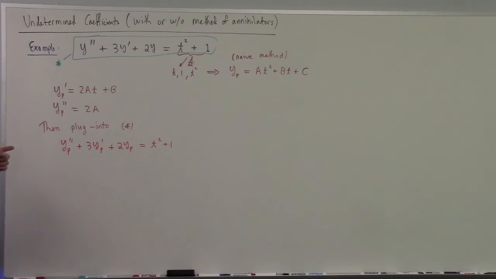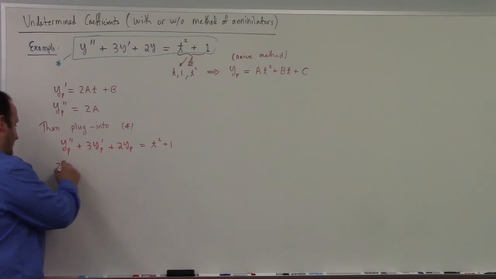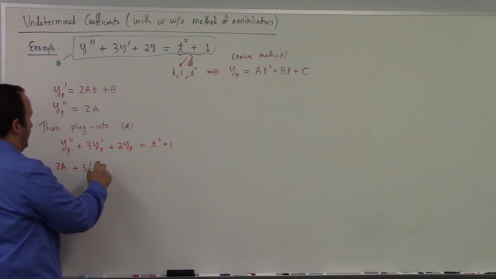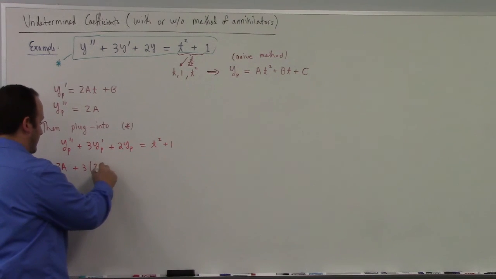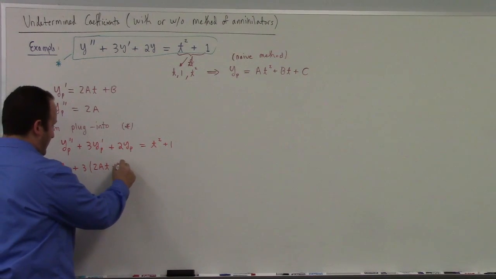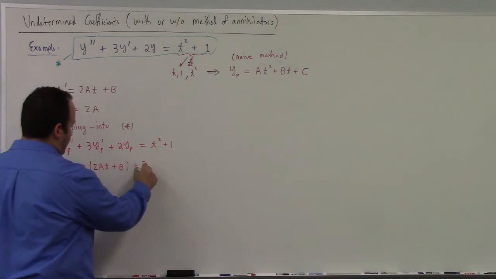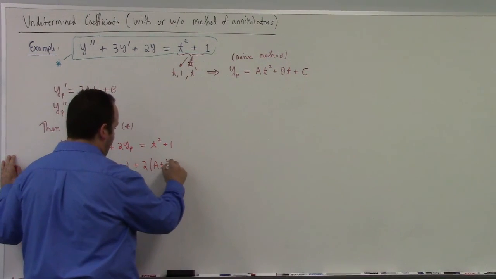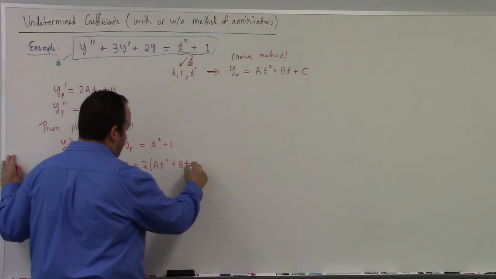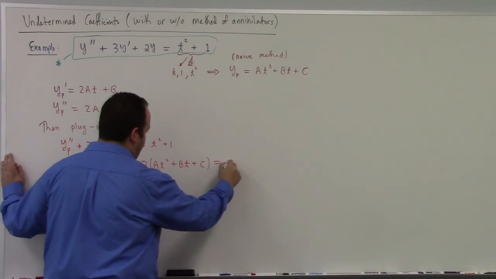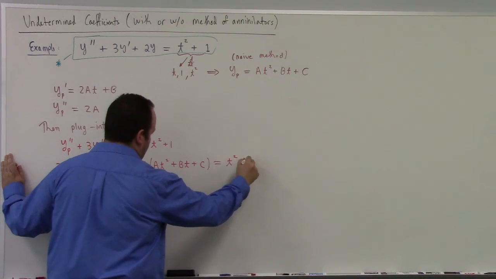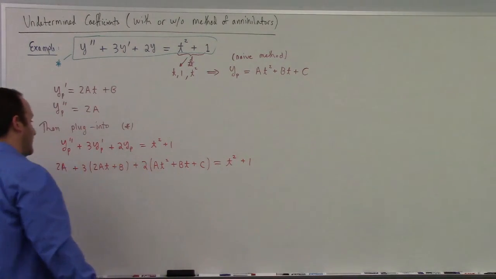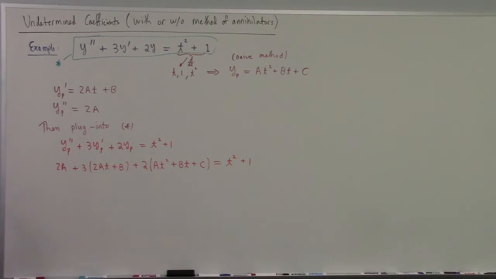See, yp'' then is 2a. Don't forget the 3 here, plus 3 times yp', which was 2at + b, and then plus 2yp. Well, yp was just at^2 + bt + c. Now, if you guys remember partial fractions from Calculus 2, the algebra we're about to do is pretty similar to some of the algebra that comes up there. So what you want to do is to